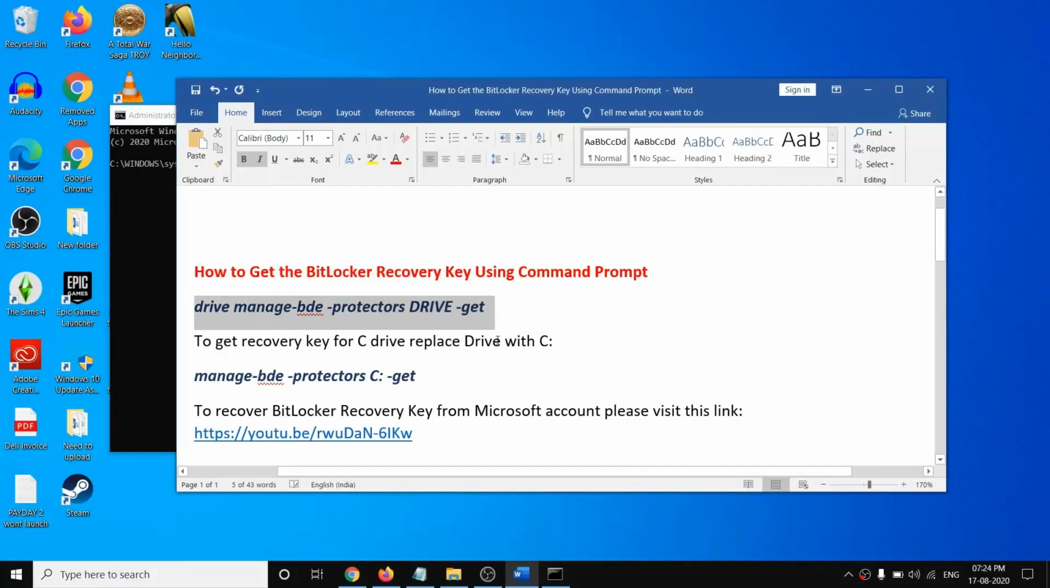The command is provided in the video description, and here you can see the word drive. You have to replace the word drive with the drive name. So to get a recovery key for C drive, you can replace drive with C:. Similarly, if you want to recover the BitLocker recovery key for D drive, you can type in D:. So for C drive, I've replaced it with C:,